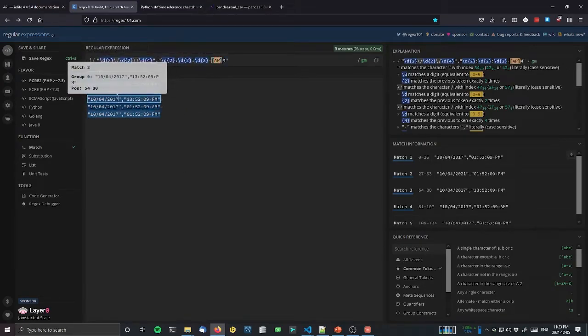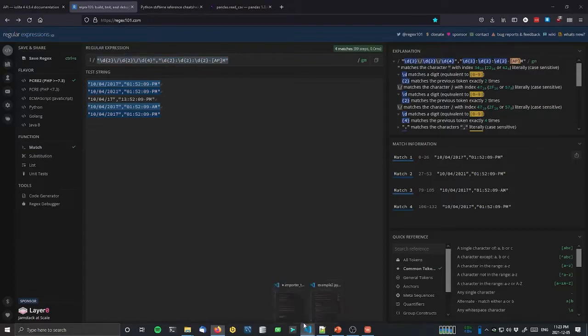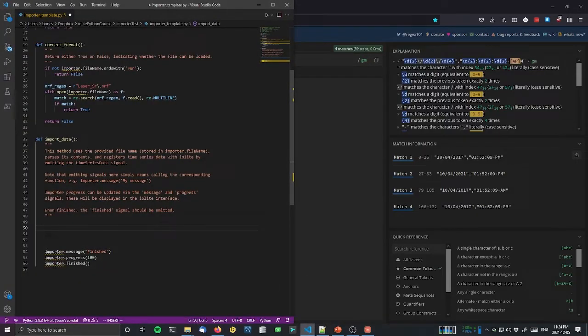You can see that if the year was actually just without the leading 2 digits, then that wouldn't match. So we have to assume that that's not going to happen in our file. So now we can actually copy that back to our script. So we can say we're going to call it our date time regex, and that is equal to this. Now when we paste this in,